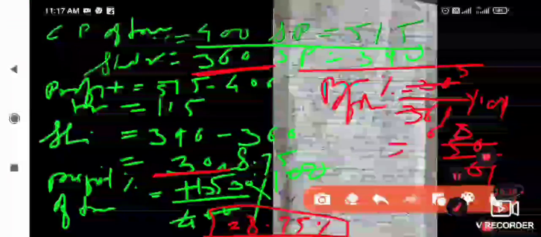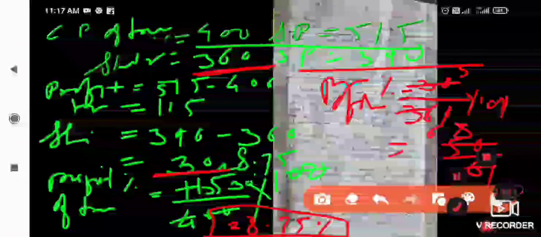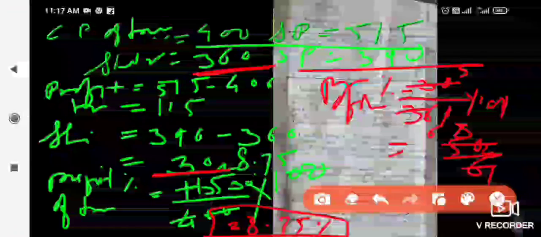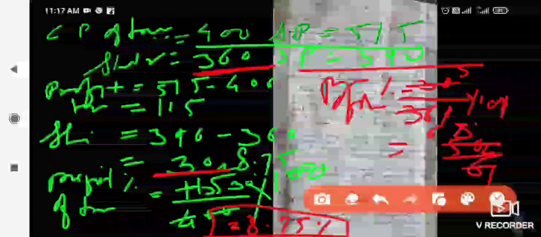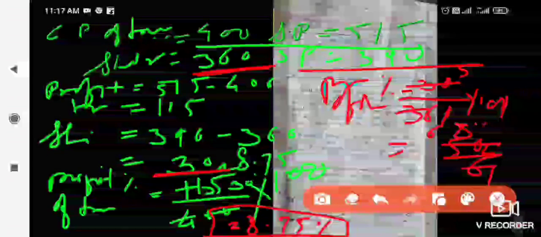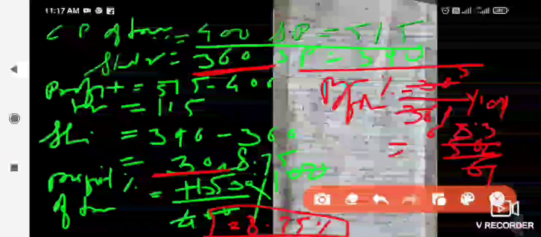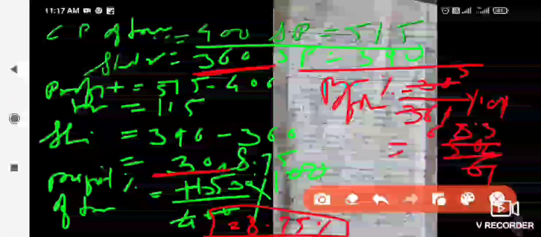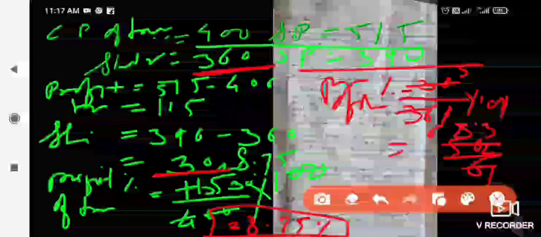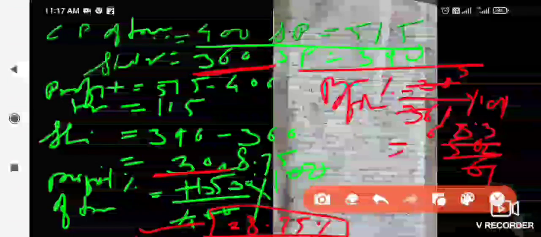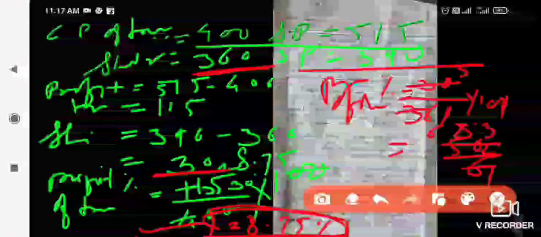So here 6 8s are 48, remains 2, and 6 3s are 18, again remain 2. So here 2 is repeating, so 8.3 we will conclude here. So in this transaction, in the trouser, the shopkeeper got the profit of 28.75%, and in the shirt he